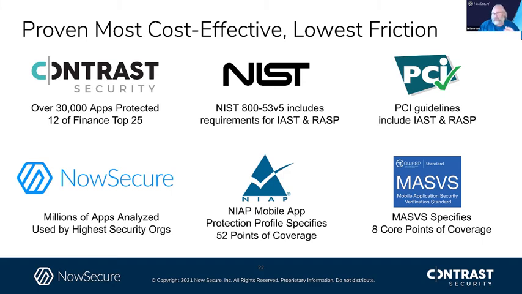And when we look in the mobile space, two places to pay attention, as we've been talking, from a NIAP perspective, that's a really great example of an ideal profile modeling in the 52 points of coverage. And NIAP's mostly used in federal, but the MASVS is the place to go, right? Again, Jeff's been around OWASP forever. The MASVS is the evolution of the OWASP mobile top 10, and it really is the Bible now for doing it. And it's the Bible on how to build security into your apps and test it. You ought to use it as part of your testing programs as well, right? And it carries through on the coverage there. And so with that, we're going to move into